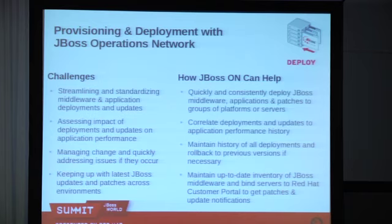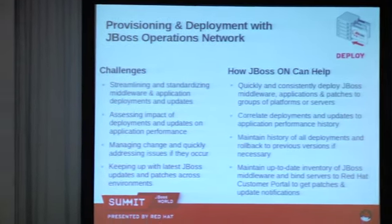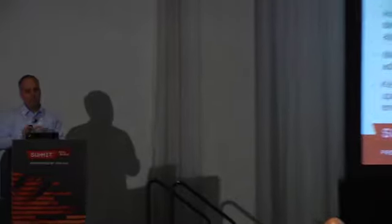The other thing that you can do here is keep up with the latest updates from JBoss in terms of keeping your middleware systems up to date. So you can tie John to the Red Hat customer portal and then be instantly alerted across different versions when new patches are available. So really, this is the provisioning module within John, and we refer to that as bundle